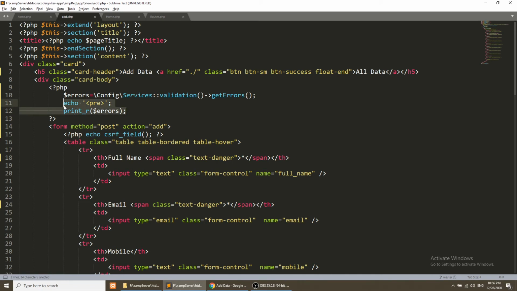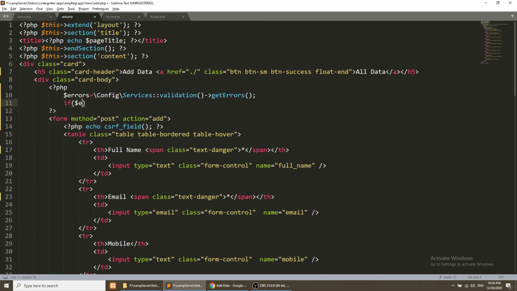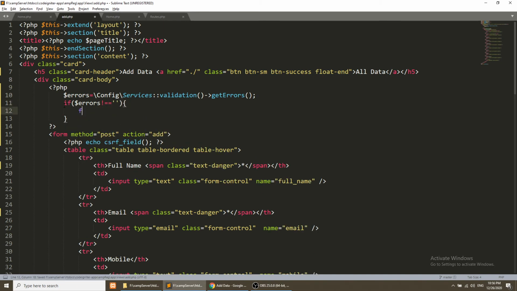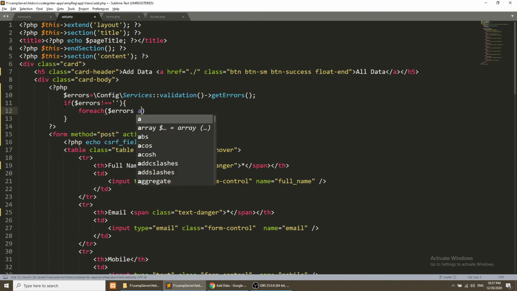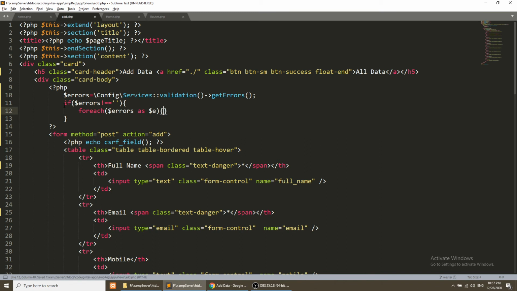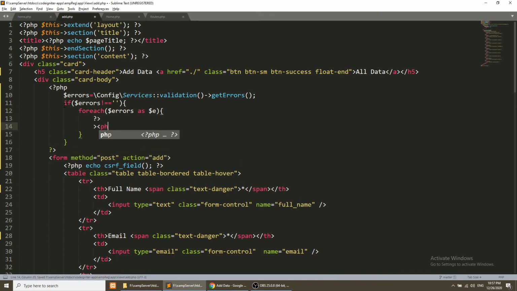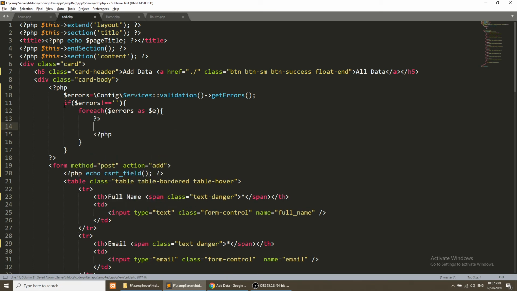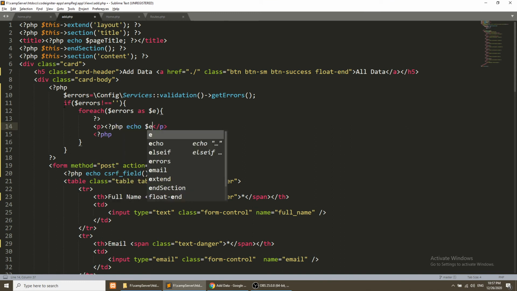So what we need to do is check if dollar errors is not equal to empty. If it is not empty, then foreach as dollar e, it will start the PHP, and here we will show the errors, dollar e.